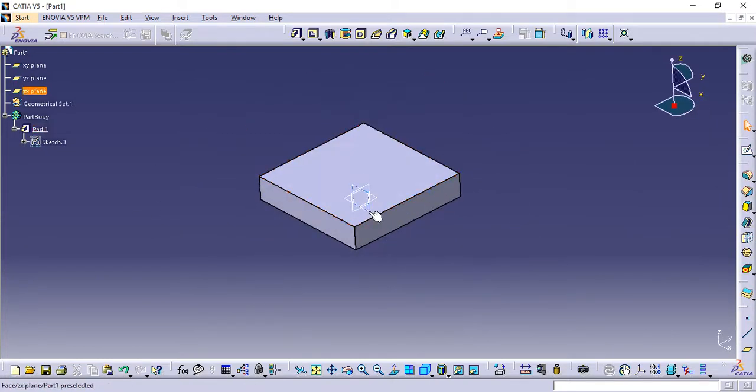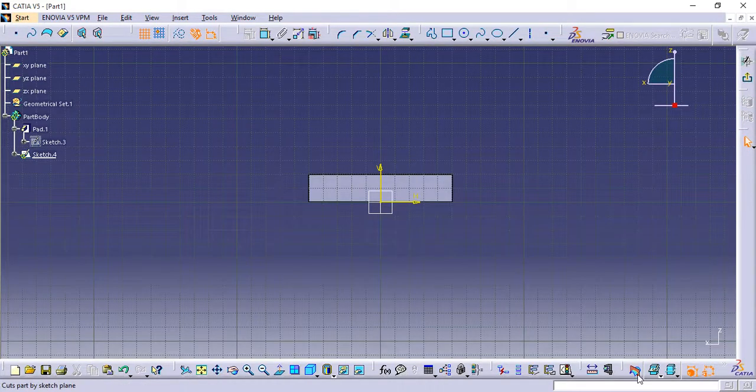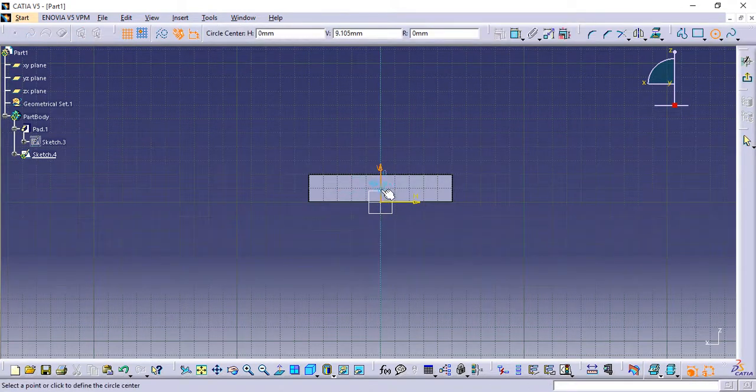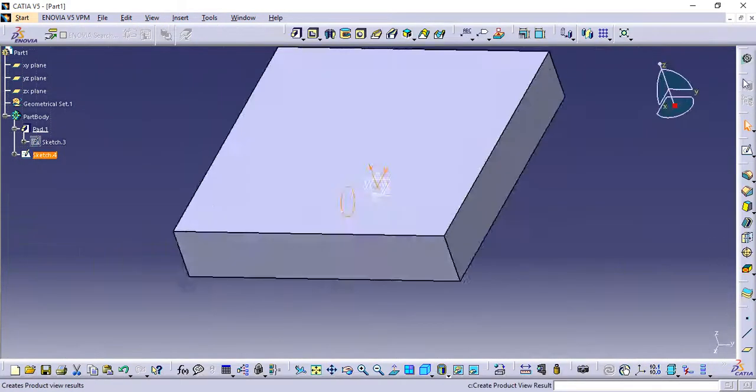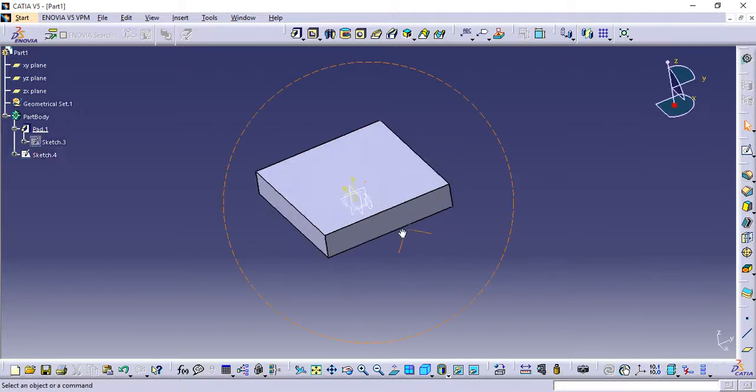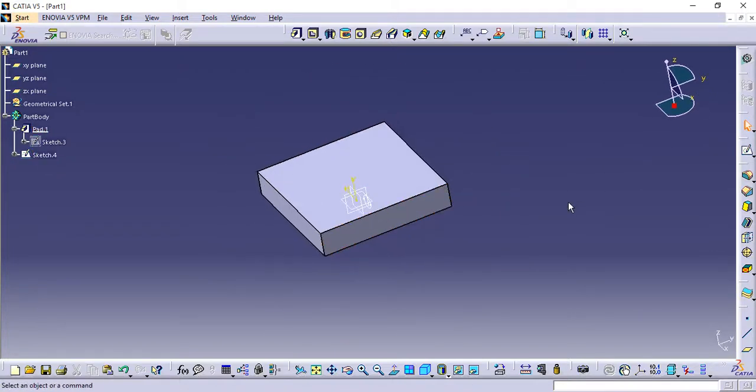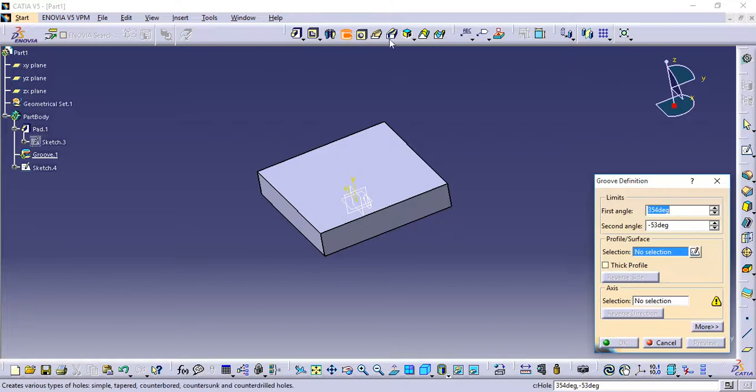Now I'm selecting the mid plane and I'm drawing a simple circle at the mid surface. I'm drawing this circle over here, exit the workbench. Now see, the circle is visible over here, right? Now use this groove option.